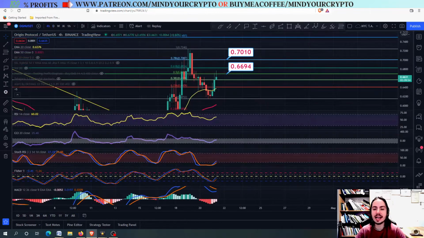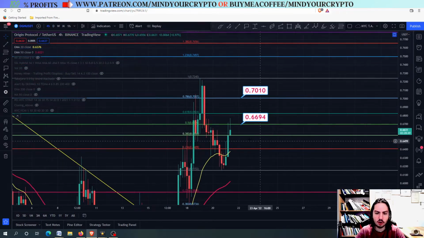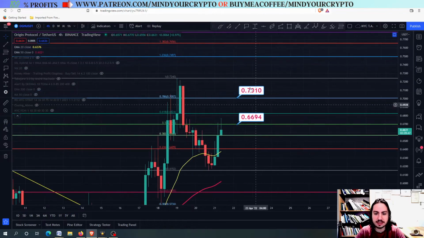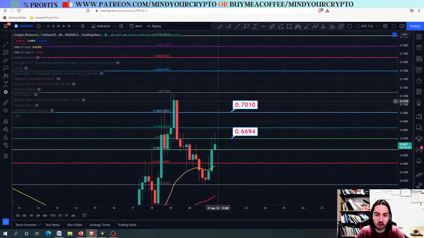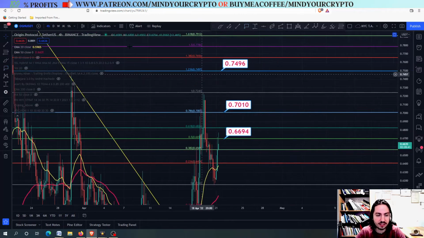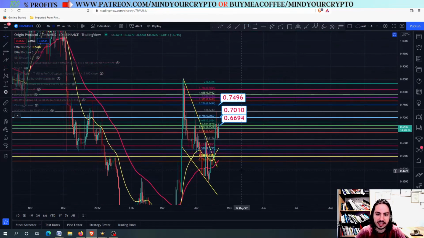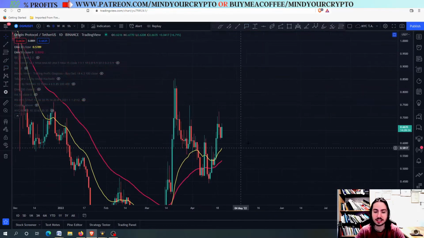for OGN against USDT, which we will be seeing right now, the price targets for OGN. And what we have is the 0.70 is the most important in the short term. Closing above the 0.70 will get us all the way to the 0.7497. However, if we go to the daily frame, we have some different targets in which I want you to